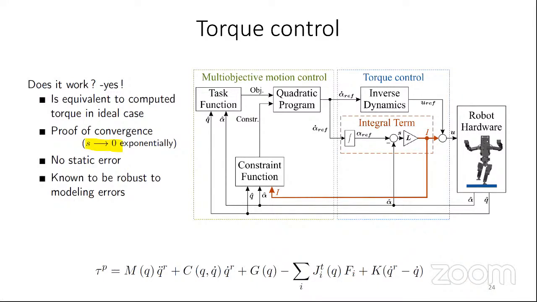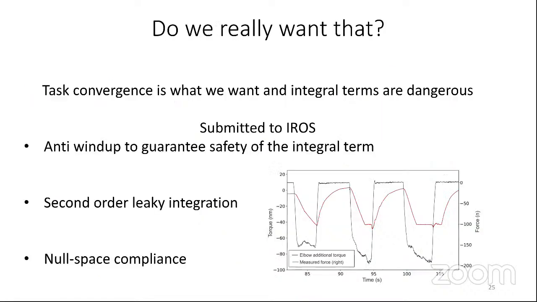This is really strong. The guarantee that the integral of the joint position error goes to zero is strong, especially in the case that we are dealing with here, where we have disturbances. So do we really want that? Actually, what we want is the convergence of one or several specific tasks. And we have to acknowledge that integral terms can be dangerous. For example, if the robot hits the wall and there is an integral term, it would just try to break the wall. So we have submitted to IROS a series of safety measures,